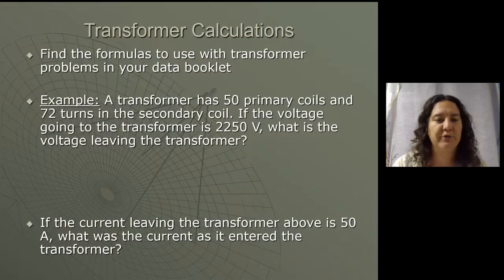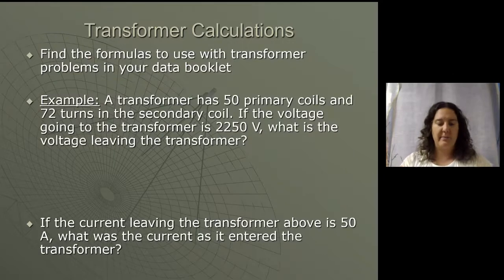So we're going to look at a couple of transformer questions. Again, these formulas are in your data booklet. A transformer has 50 primary coils and 72 secondary coils. If the voltage going to the transformer is 2,250 volts, what is the voltage leaving the transformer? So I'm going to put in my formula, NP